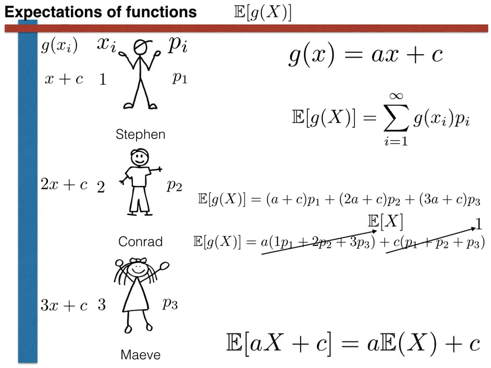We thus arrive at the following generic result for the expectation of a linear function of a random variable. The expectation of the function aX plus c is equal to a multiplied by the expectation of the random variable plus c. This result is hugely useful, as we will see, but importantly, it only holds for functions that are linear in the random variable. Consequently, it will not hold if we're taking the square of the random variable, as we will